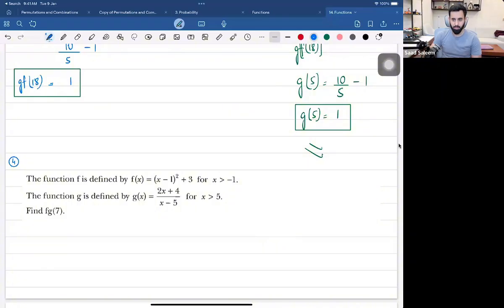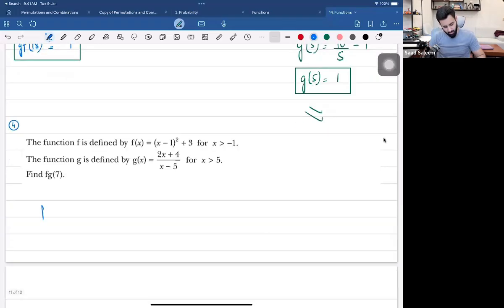So for g of f of x, basically we will find out g of 7 first. As far as g of 7 is concerned, that's going to be 9. Yeah. And then we're not supposed to find out the value of x. Make sure you're reading the question carefully. And then we're going to find out